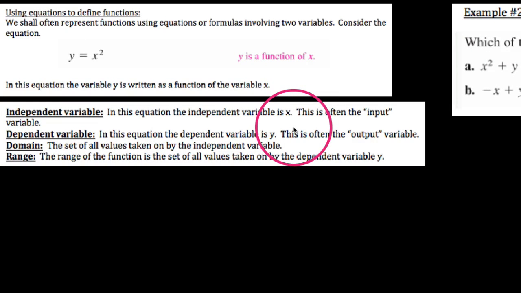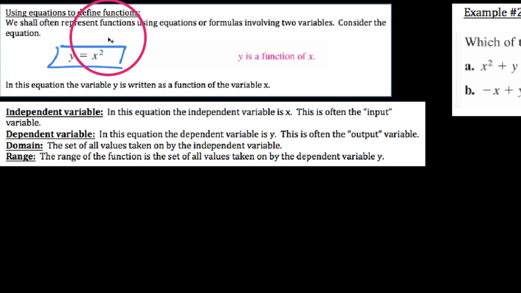Okay, YouTube, in our last video we introduced functions and their definition and how we represent them. In this video we're going to focus specifically on an equation representation of a function. So often we are going to represent functions using equations, usually involving two variables. And just to consider what that might look like, let's start by looking at